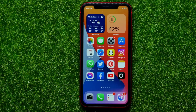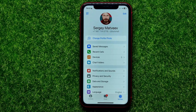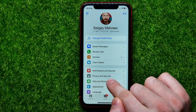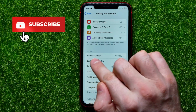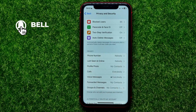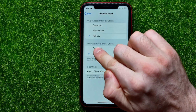So let's begin, and first open up the Telegram app. Then get into settings and right here tap on privacy and security. Then towards the middle of the screen you can easily find a phone number feature in the privacy box of options. Then you can just get into it, and on that step you are able to set who can find you